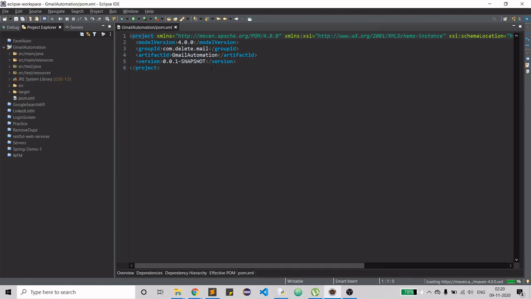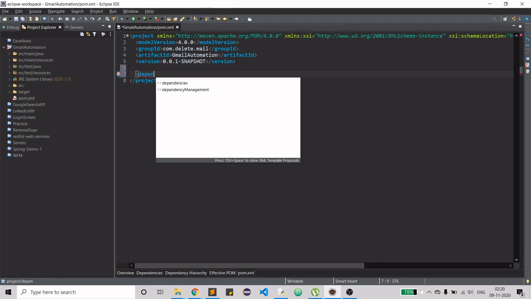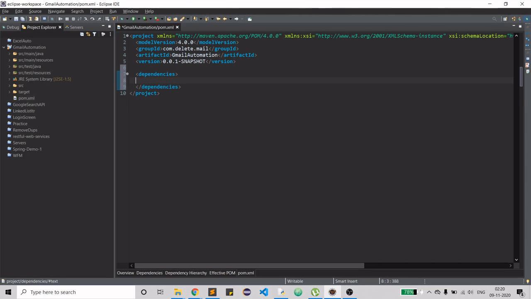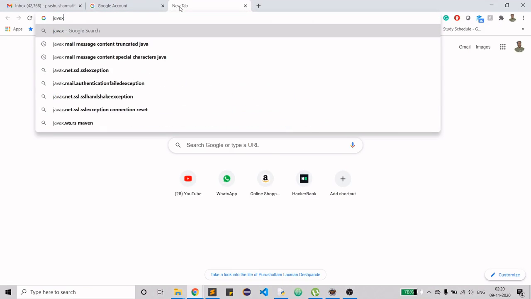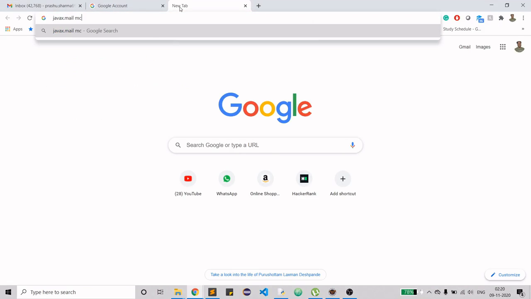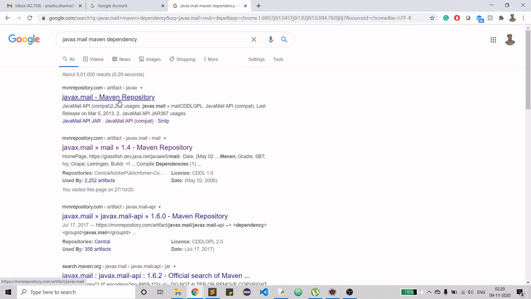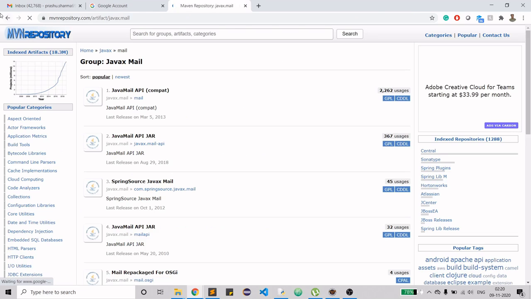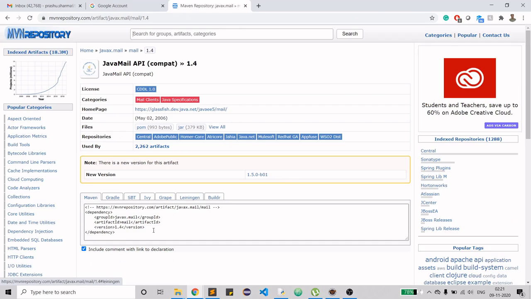Inside pom.xml you don't have anything, but we do have to create a dependency here. So first we have to add the dependencies. The dependency that we are going to use is, as we have to connect to the Gmail, javax.mail. For that you can just search Maven dependency, MVN dependency, and it's pretty simple. You can choose whichever version is latest for you. For me 1.4 is my preferable one, so I'll be just copying this